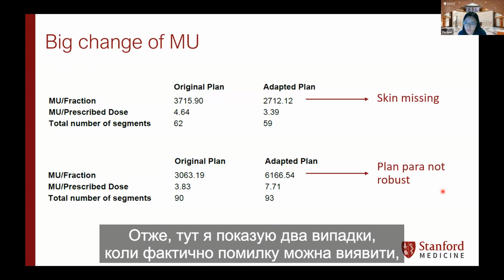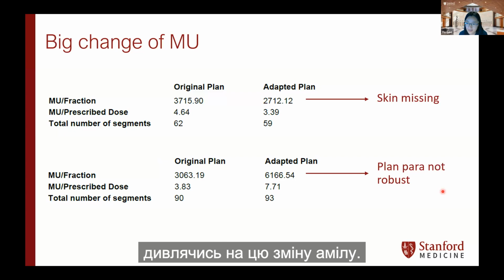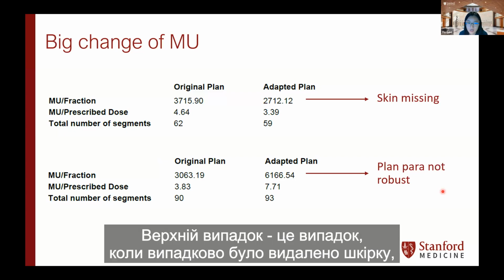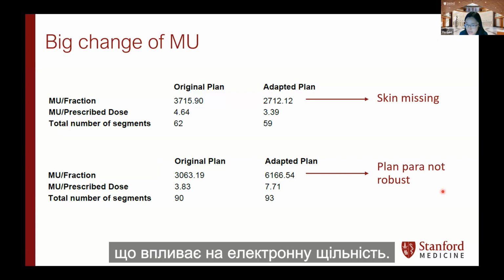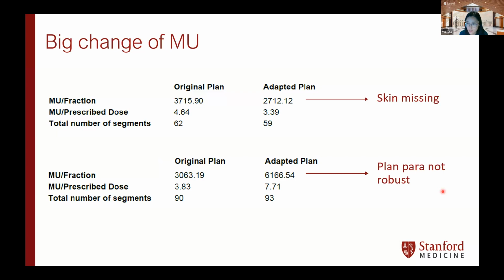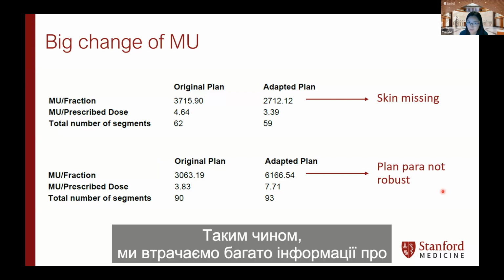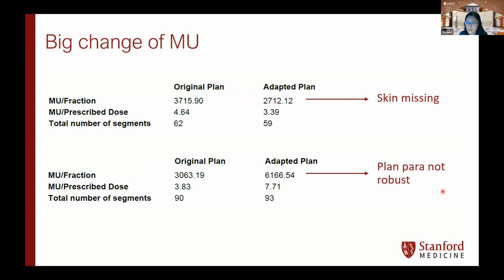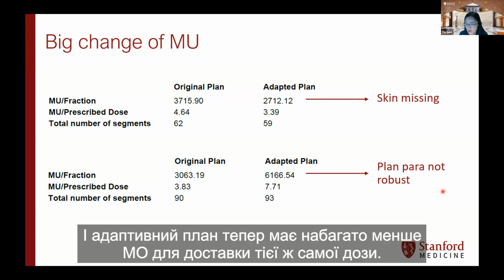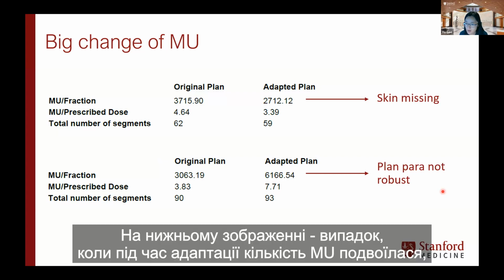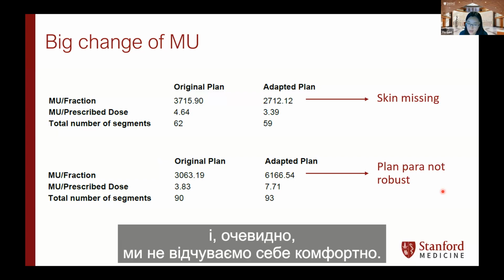So here I show two cases where the error was actually caught by looking at this MU change. The top one is a case where the skin was accidentally deleted, and that affects electron density. So basically we are missing a lot of electron density information, and the adaptive plan now has much less MU to deliver the same dose. The bottom one is a case where the MU doubled during adaptation,